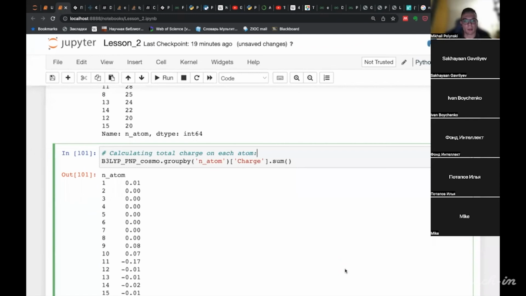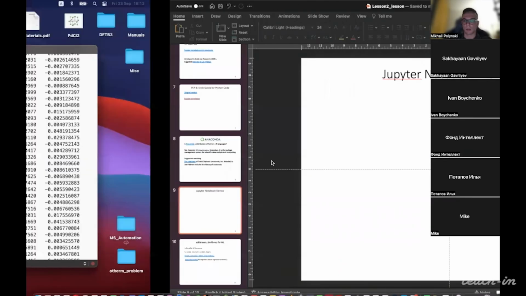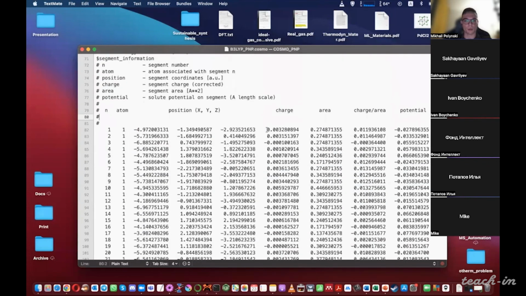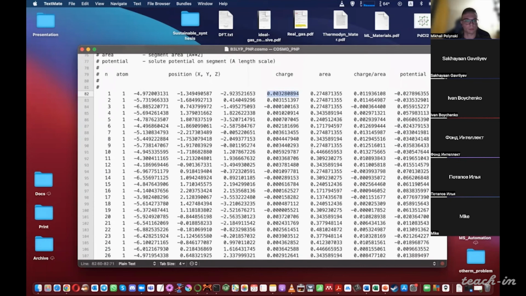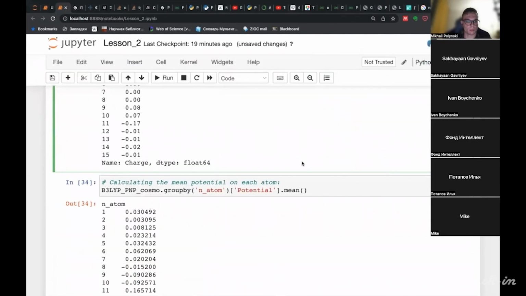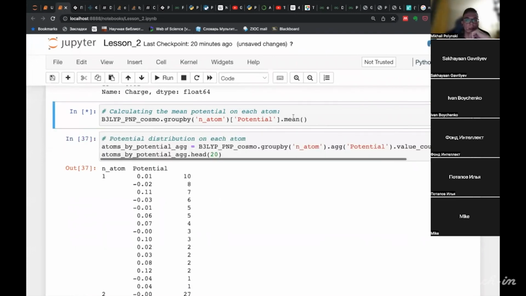Next, we can summate, for example, charges. And indeed, for every atom, we have charge. In every row, we can summate them. We can calculate mean values.